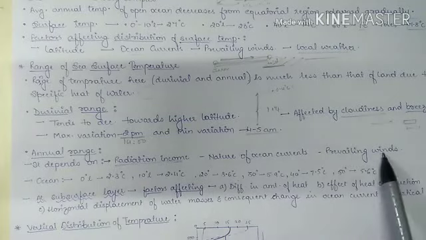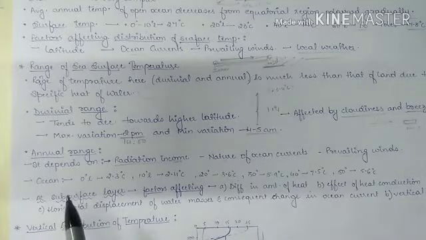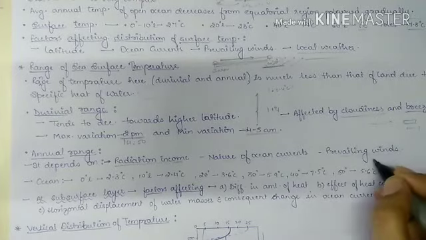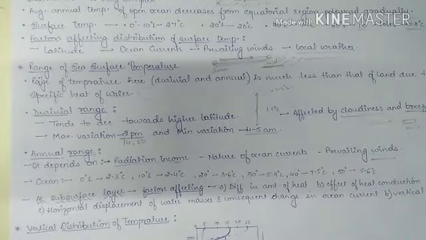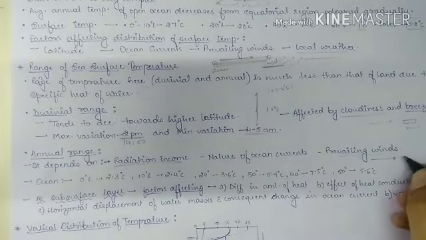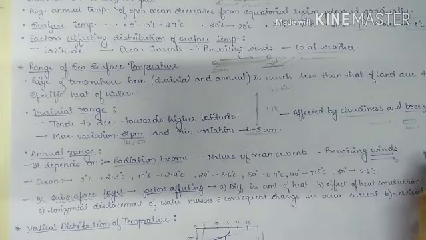Lastly, we have prevailing winds. Prevailing winds will also affect the annual range of temperature. If the prevailing winds are bringing cold water with them, or they are cold, then the range of temperature will be less as compared to when they are warm. Okay,